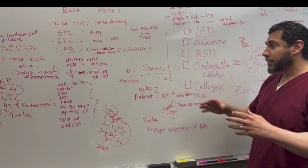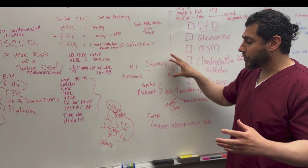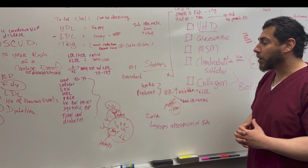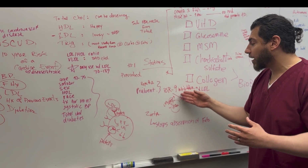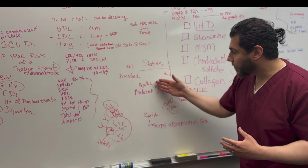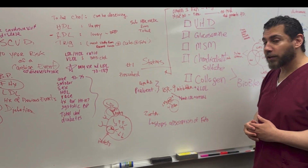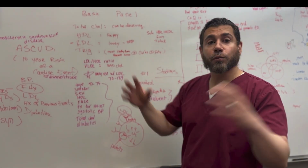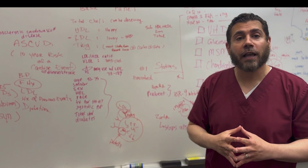Now that we've gotten to the majority of the patients who are looking at these statins, there are other medications that have come along, something called PCSK9 inhibitors. There's Repatha and Praluent. These two are injectables. They're usually every 2 weeks. And what they use is this new method called monoclonal antibody